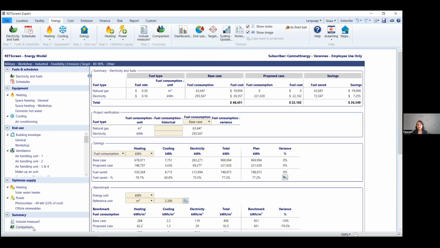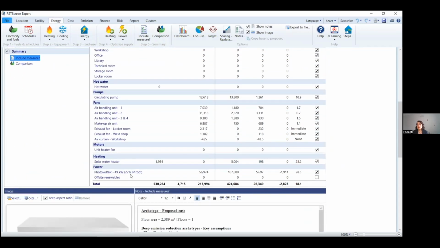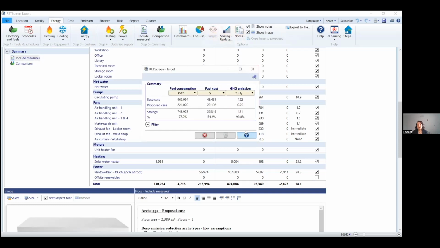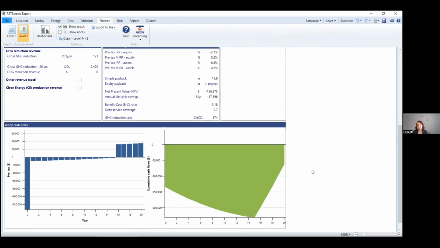efficient electric heating equipment. We also need to install a photovoltaic system which covers 22% of the roof, and this will allow us to achieve our goal, which is going to be almost 100% of GHG emission reduction and also less electricity consumption. In the emission worksheet, you can see how clean is the grid in Quebec compared to Vancouver, which was 0.018. And in the finance worksheet, we can see that the project is less attractive in terms of financial viability, because an air source heat pump is an expensive